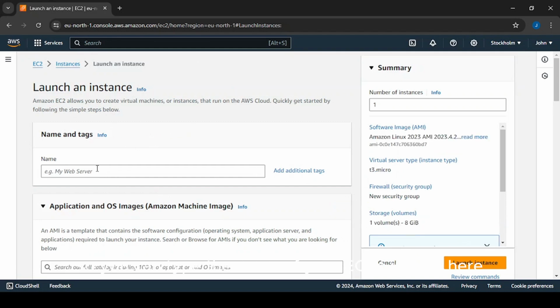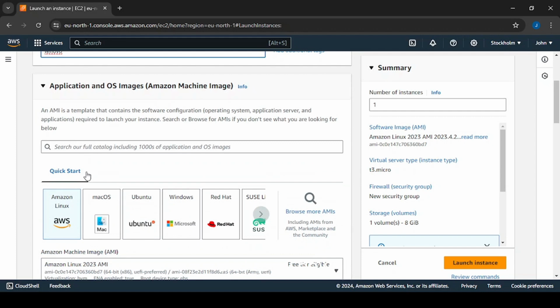You can type the name of your EC2 instance here just to give it a tag. The way I look at this, to make it simple, is me walking into the computer store and telling them, okay, I want to buy a PC, and then I give them the specification I want. So it's just you walking up to Amazon and giving them the specification of the type of virtual machine you want. So I need a PC, and let me just give it a name. Let's say a Lenovo,